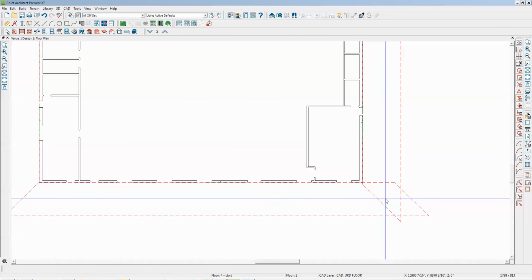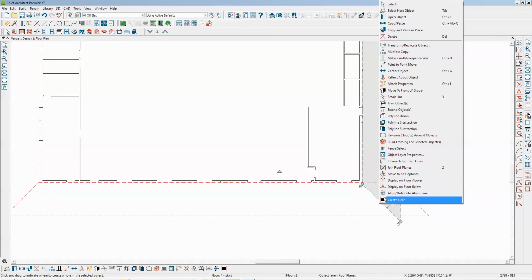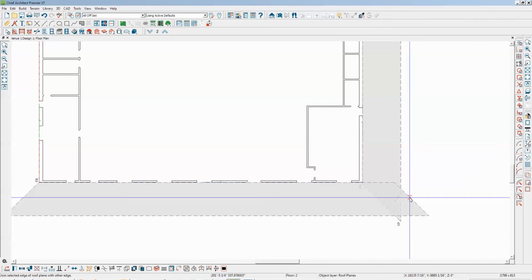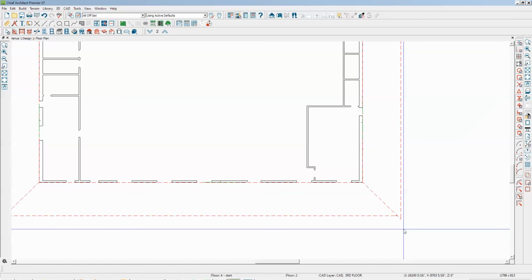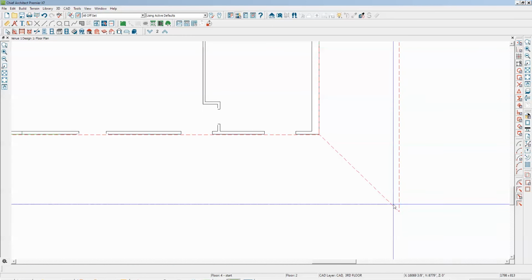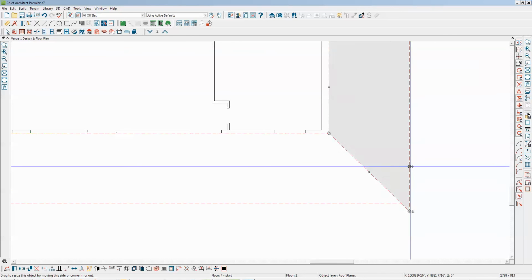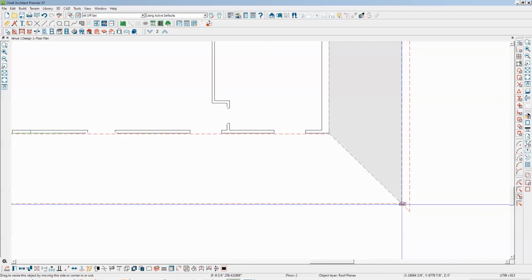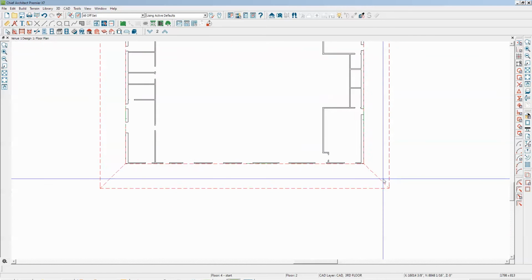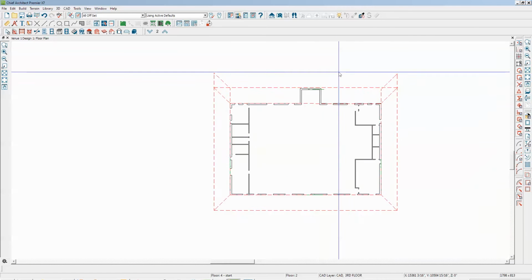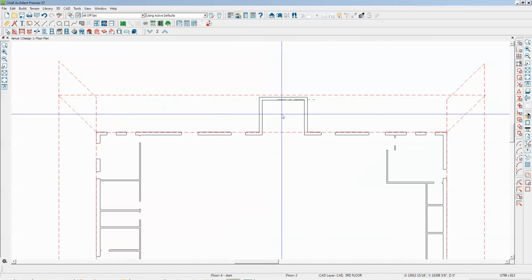Now I'm going to join those corners. And the reason I don't get a match here is because I didn't set this roof's overhang, but I can set it to this corner because I carefully set it to the other two. Okay. Now this roof plane here, I'm going to assume,